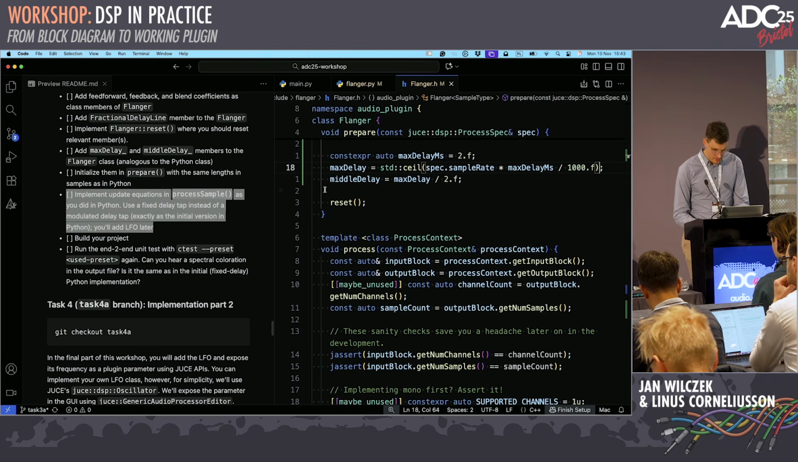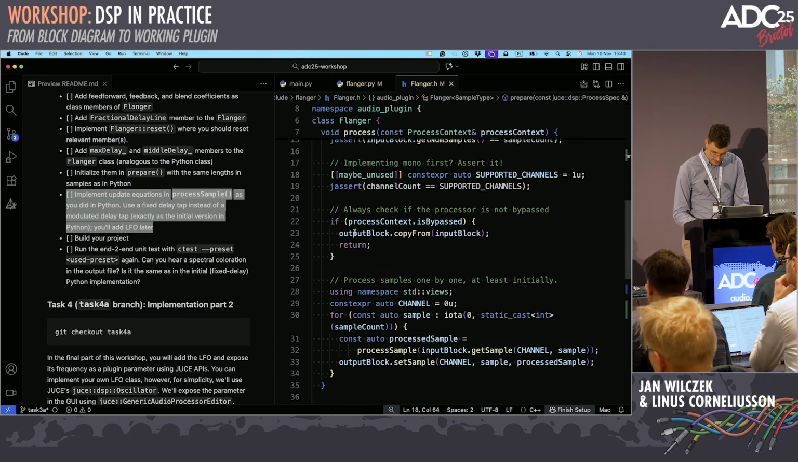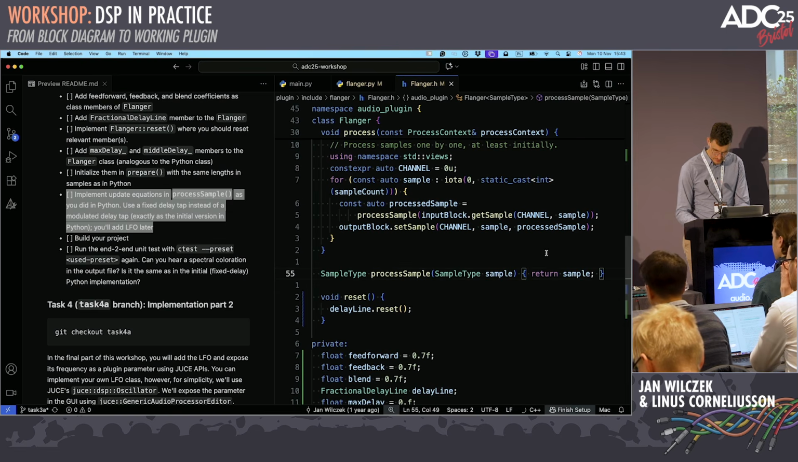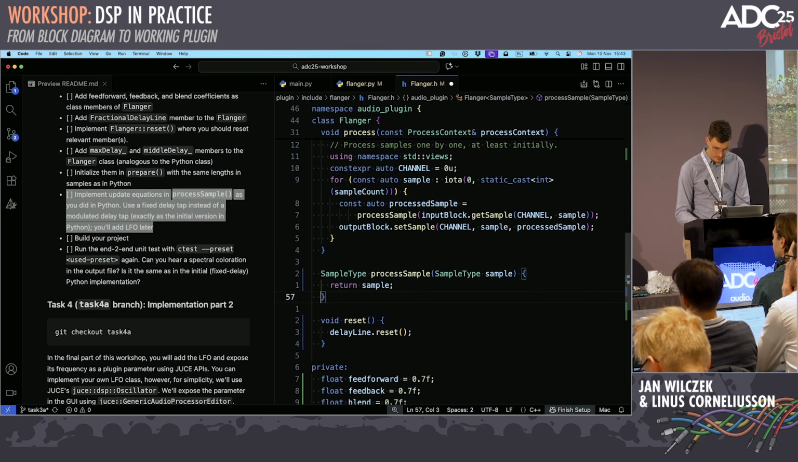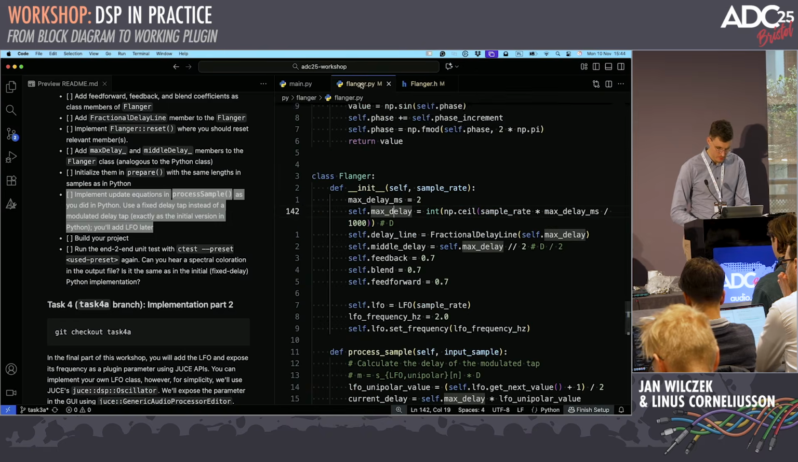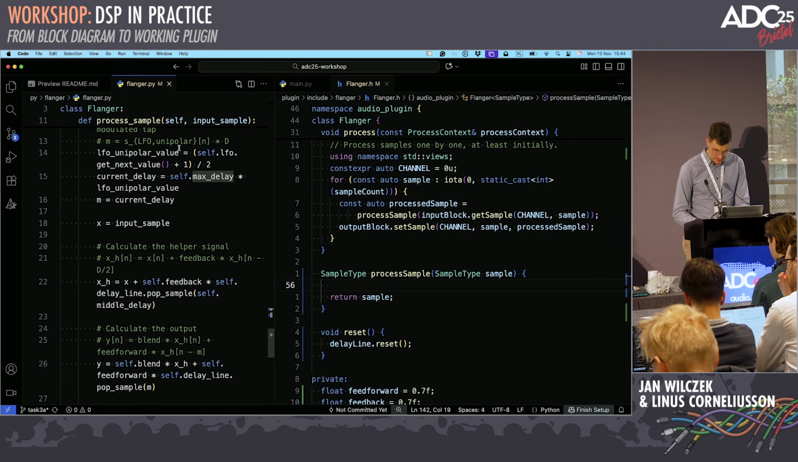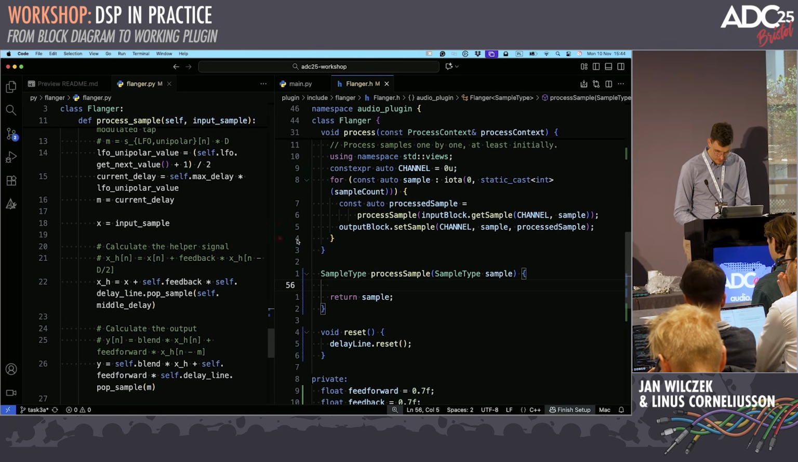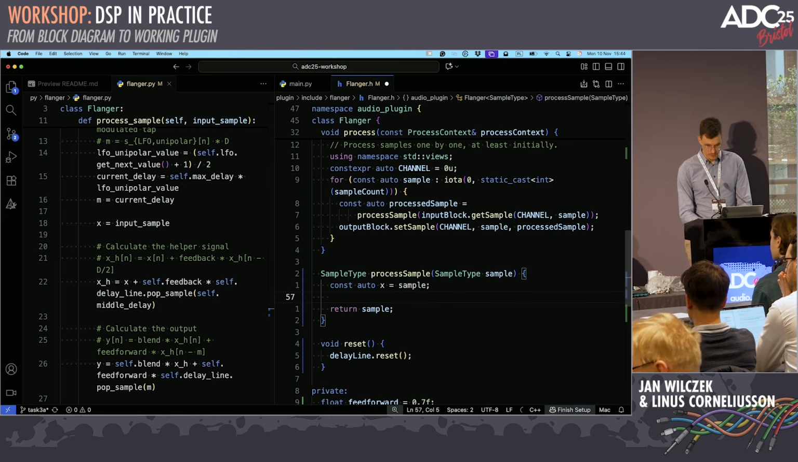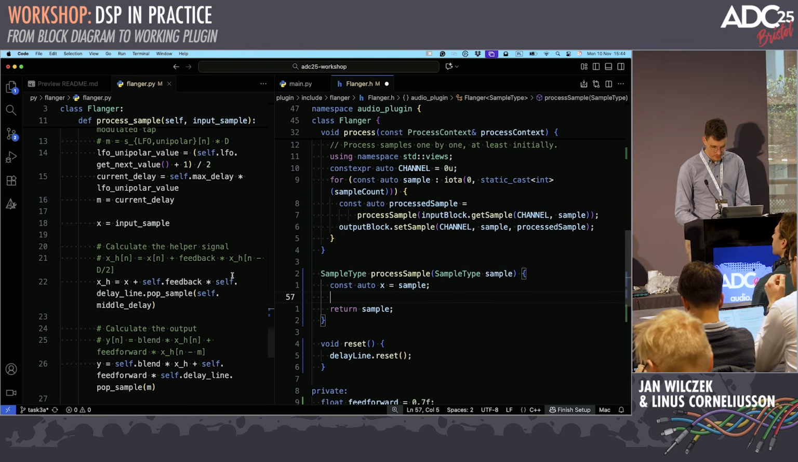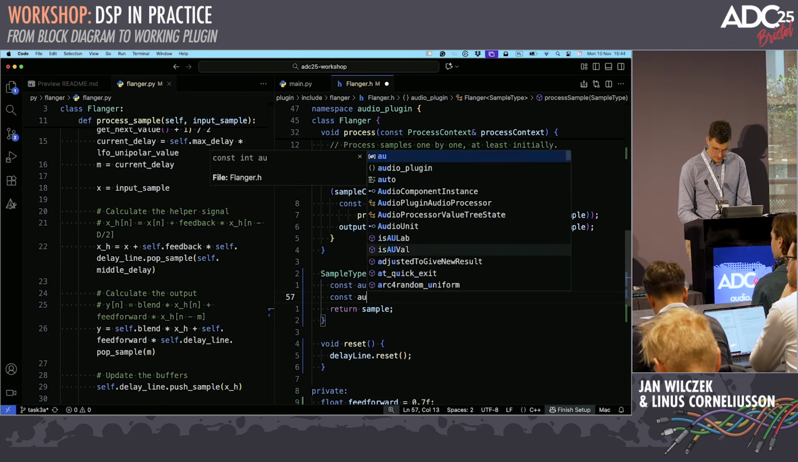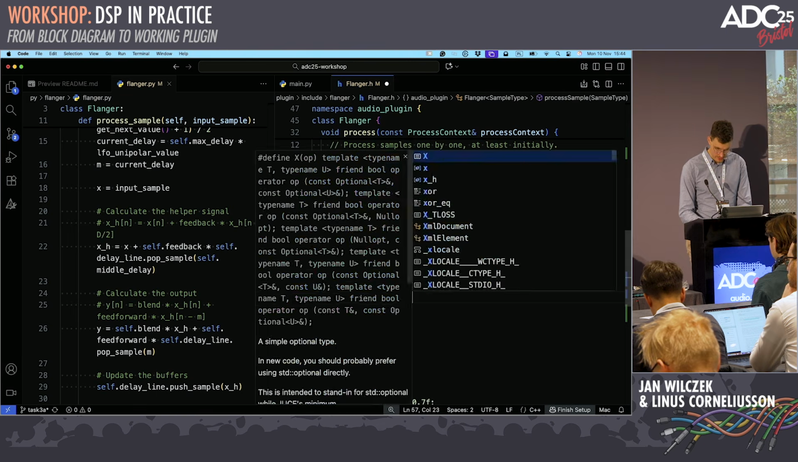So now we need to implement update equations in process sample. Here we are, process sample. So let me just open Python here on the side. And we disregard this stuff for now. So we disregard LFO. So once again, we can do something like this. Const auto x sample. So that we know that we have x. Okay, and then we can write const auto xh, x plus